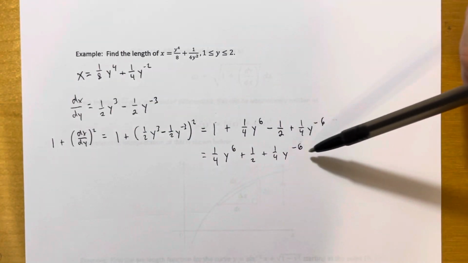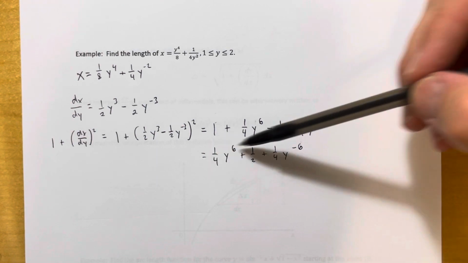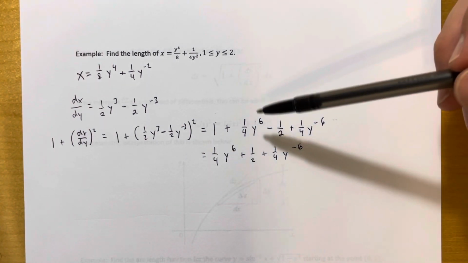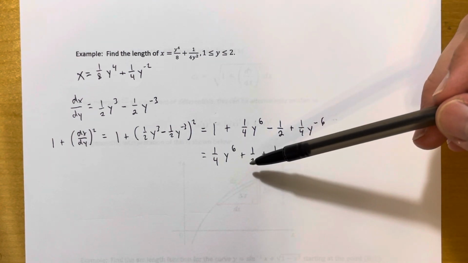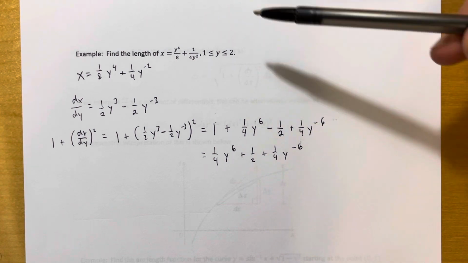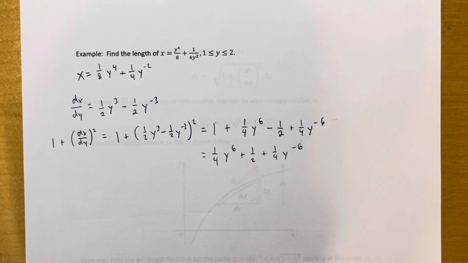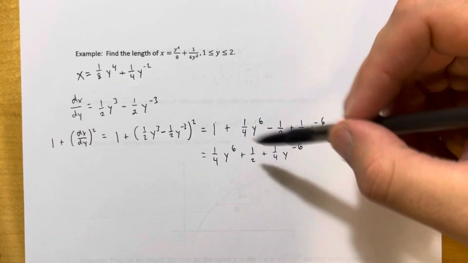So right now, when I see the form of this thing, it's not obvious to me what the square root of this is going to look like. But if I'm somehow able to get this thing to be written as a perfect square of some kind, then I know that the square root is going to cancel that perfect square out. So that's kind of my goal. I'm going to see if I can write this as something squared,